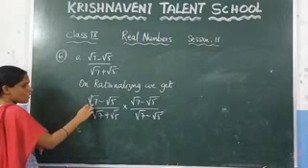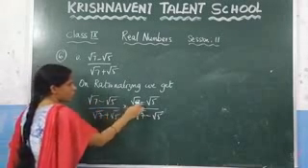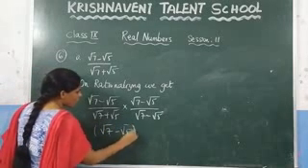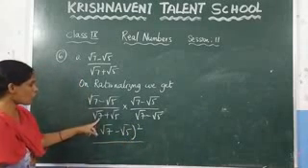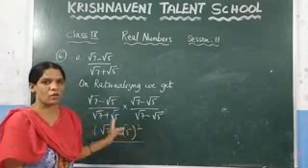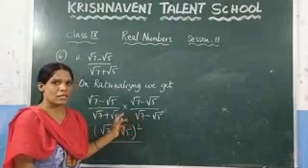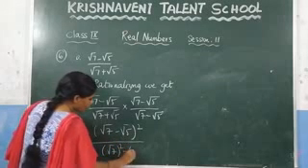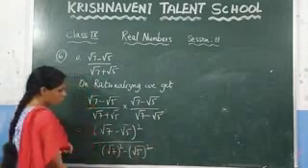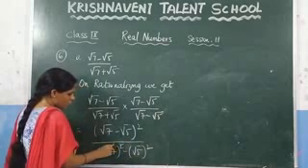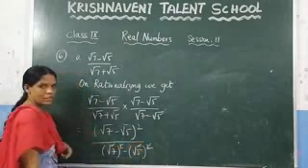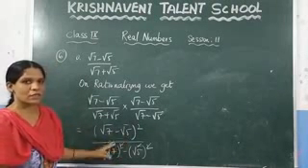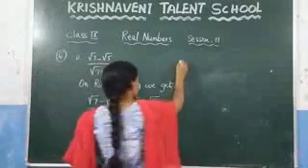Now again in the numerator, it is in the form of a minus b into a minus b, which is nothing but a minus b whole square, that is root 7 minus root 5 whole square, by, in the denominator, it is in the form of a plus b into a minus b. What is the formula for a plus b into a minus b? Which is a square minus b square. So you can write this as root 7 whole square minus root 5 whole square. Now see here, this square and this root will get cancelled. Here also this square and this root will get cancelled. Now expand this one. What is the formula for a minus b whole square? Which is a square plus b square minus 2ab.